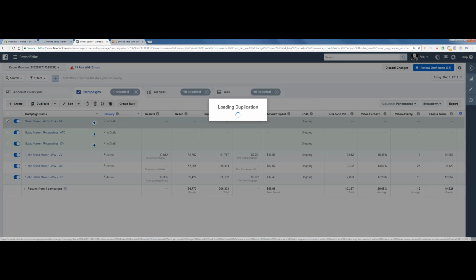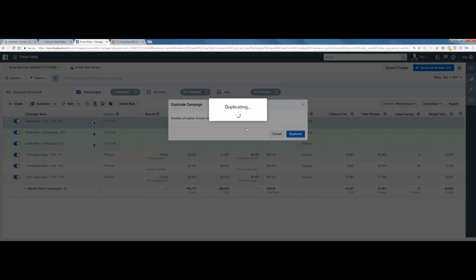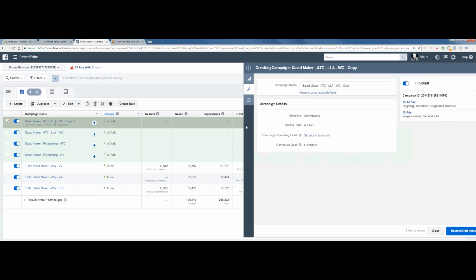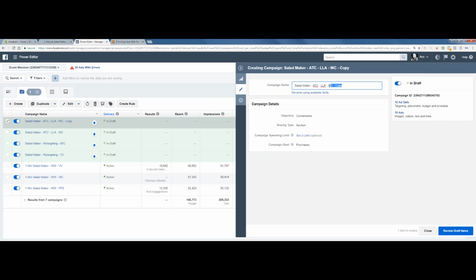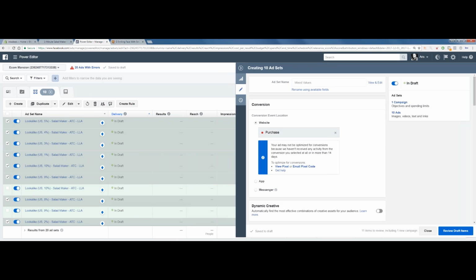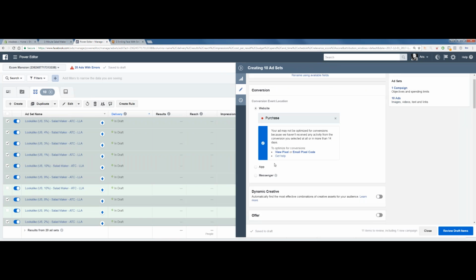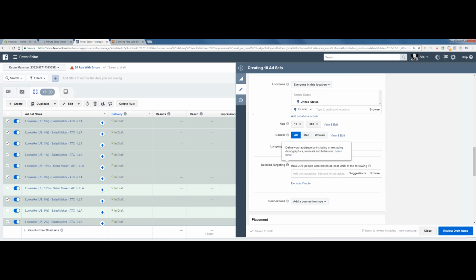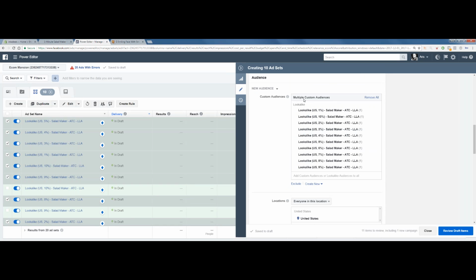You could just duplicate this one that you already made, right? If you duplicate this one, it's pretty easy to do because you don't need to change any other settings. You just change this to initiate checkout, ICH. You go to the ad sets, and yeah, all the ad sets are selected. You just go down to these, you delete them all, and you start selecting the percentages that you made for the initiate checkout lookalike audience. Exact same thing, nothing different.